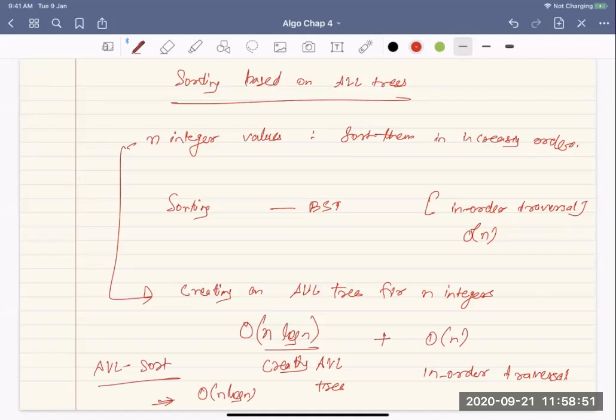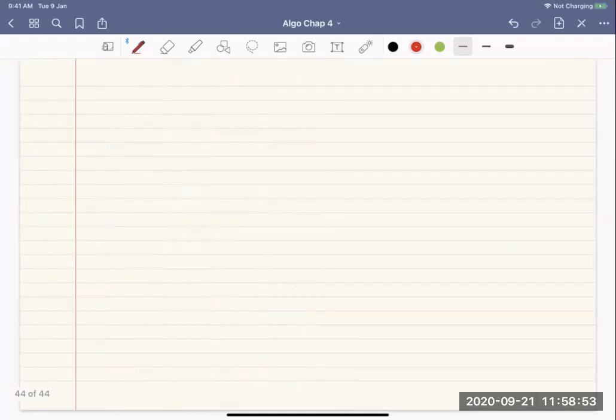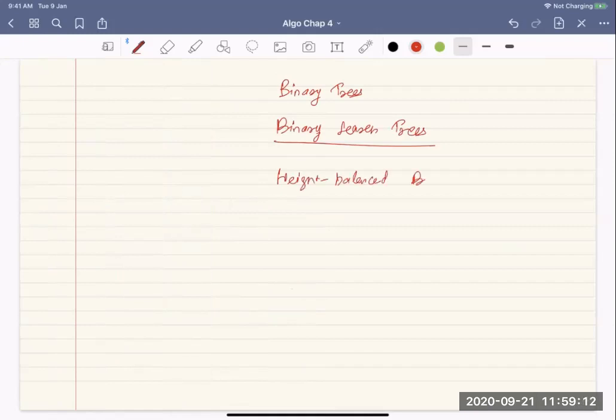So we covered a lot this week. We talked about starting from binary trees, then we went to binary search trees, but we found there was a problem with all the operations, they were order h. So is this something we can do with a height balanced binary search tree? And that's what we saw in the AVL tree. We were able to balance the height to log n, and that helped a lot. Now we can even define something called an AVL sort.